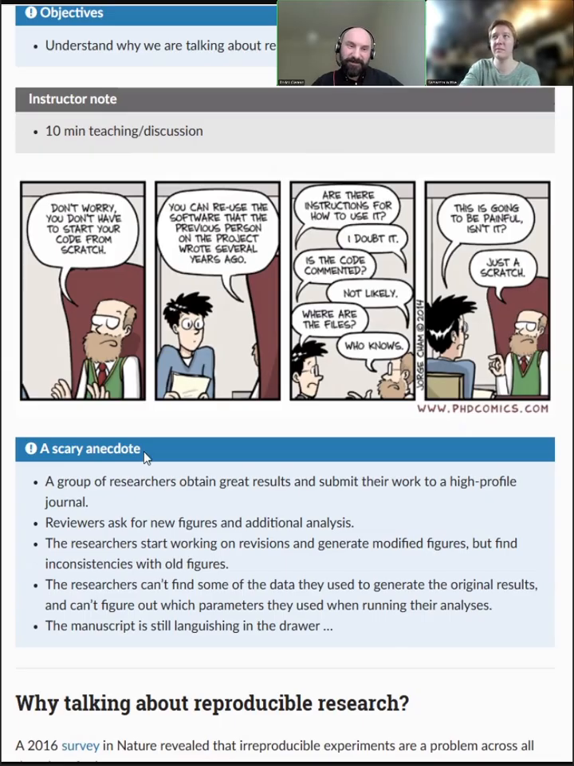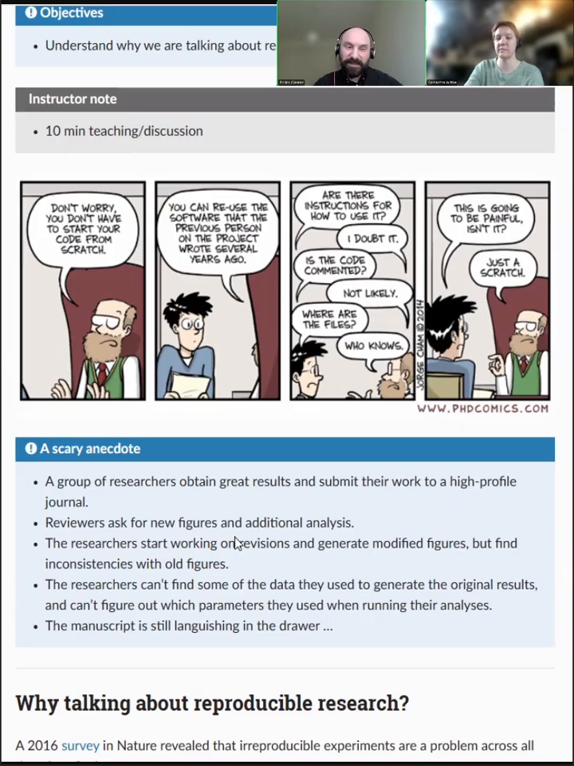Here, a very scary anecdote, but a very common one. A group of researchers obtain great results and submit their work to a high-profile journal. The paper goes under review, which is already amazing, that you don't get desk rejected. And then the reviewers ask, of course, for new analysis and new figures. The researchers start working on revisions and generate the modified figures, but then they find inconsistencies with the old figures. Consider that the peer review process might take a few months to get the answers